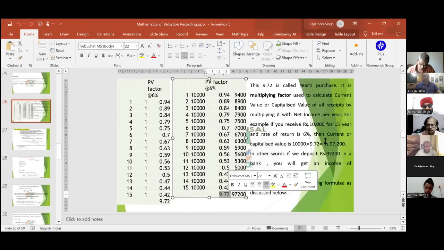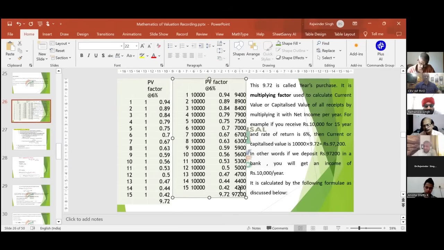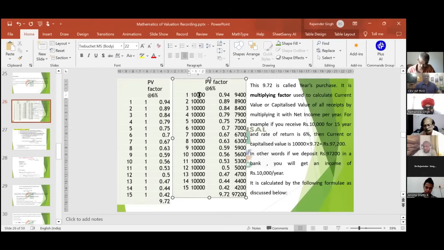तो अगर आप इस तरीके से ये 97,200, this value is called capitalized value. जो आपका right है हर साल ₹10,000 लेने का 15 साल के लिए, 6% अगर rate of interest है, तो आपकी जो वैल्यू है आज की डेट में, जो उस 10,000 की वैल्यू 1,50,000 की जो वैल्यू है, that value is called capitalized value. अब इस question में भी वही है कि instead of 10,000